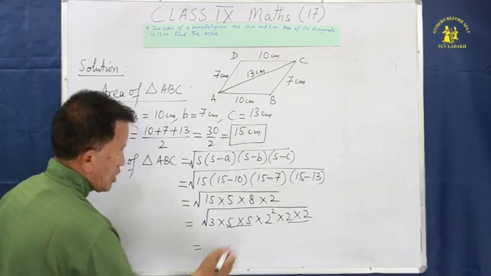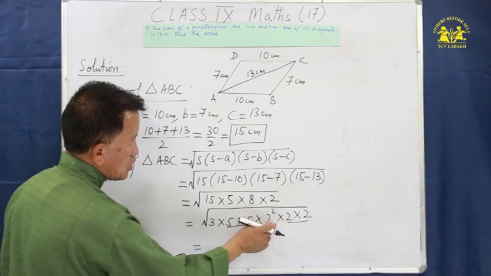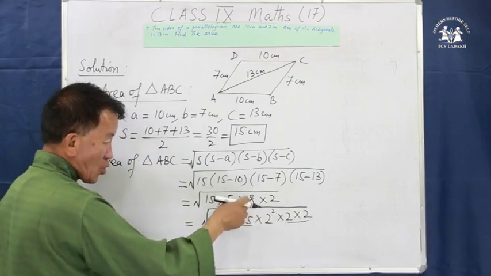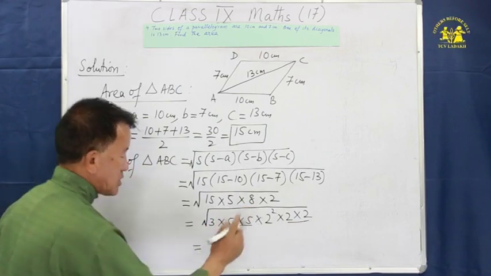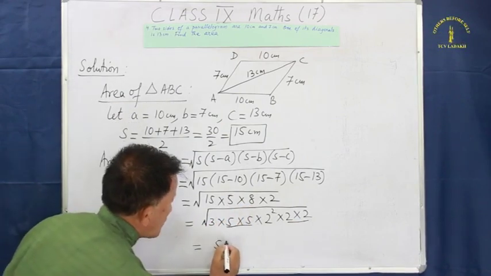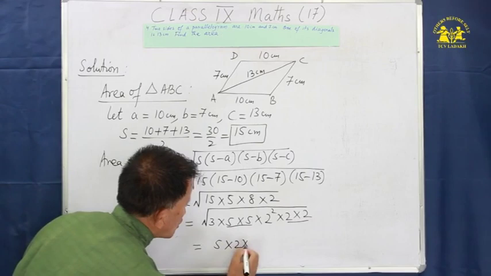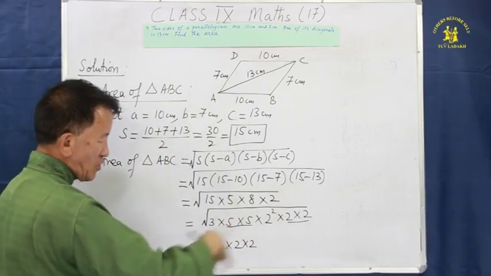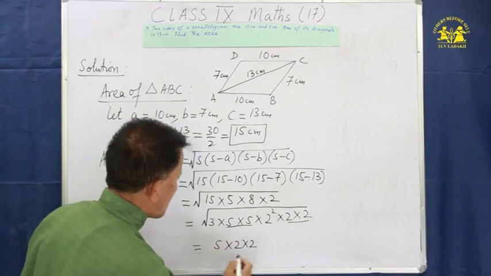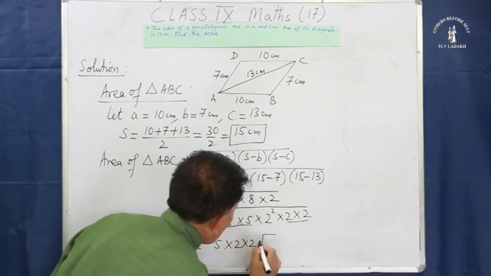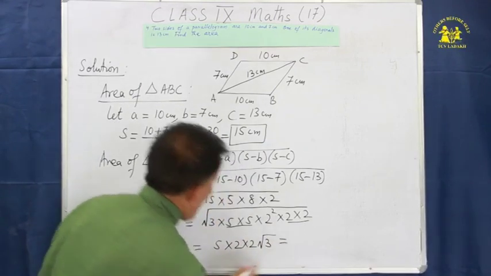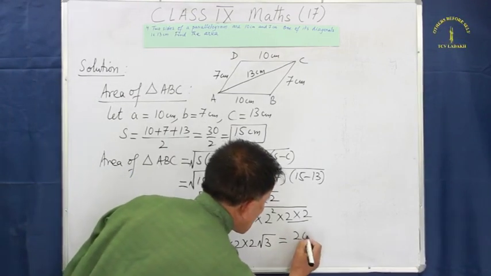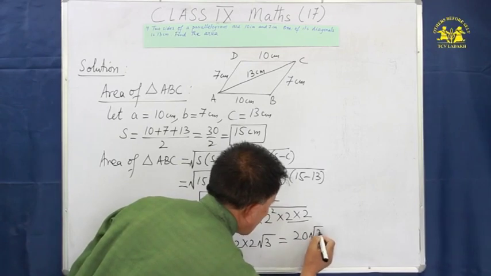So this is 5 square into 2 square into 2 square into 3. So cancel the square and the root, right? So 5 into 2 into 2 comes out of the square root, or out of the radical. So what is left? Square root of 3. 5 2s are 10, 10 2s are 20. 20 square root of 3